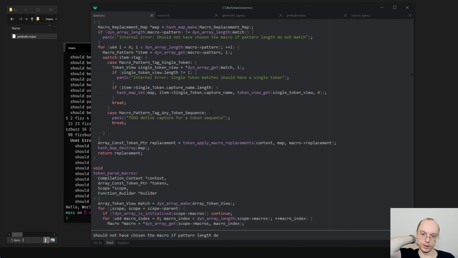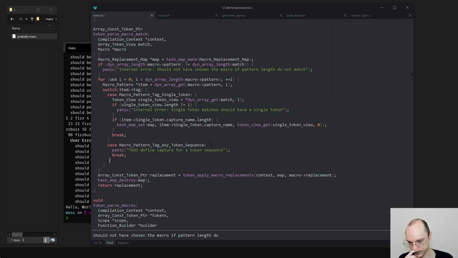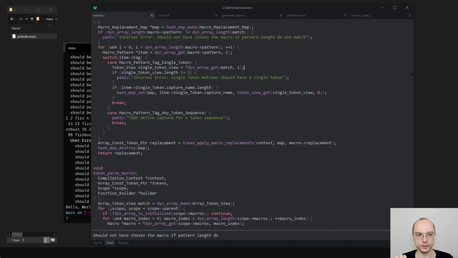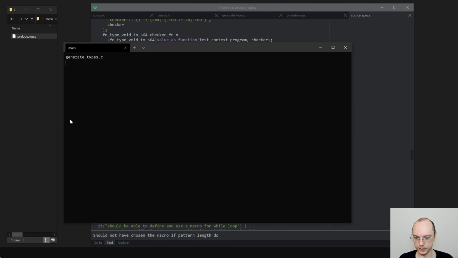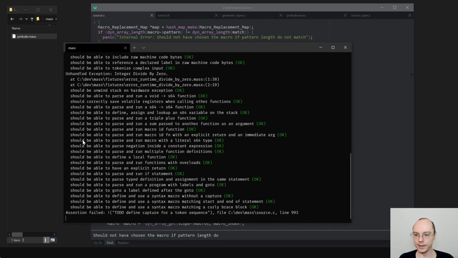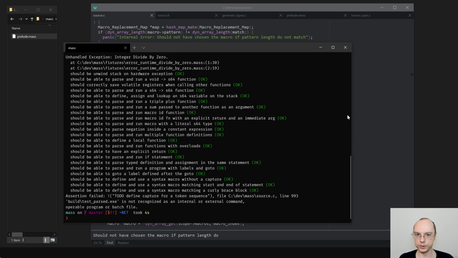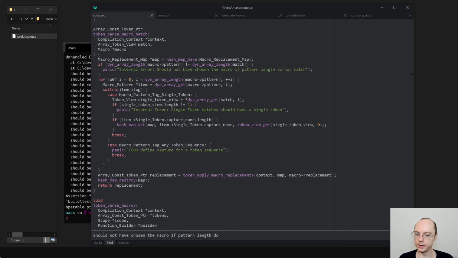And now, how do we do the rest? So we will have this sequence now, and it is not supported, but we need to. Right now, I will actually do a hack, I think. Maybe, I don't know. Parse macro match.